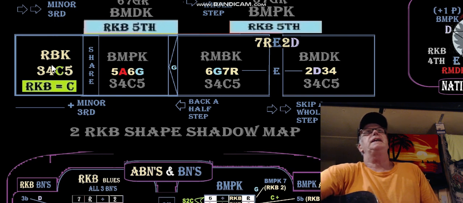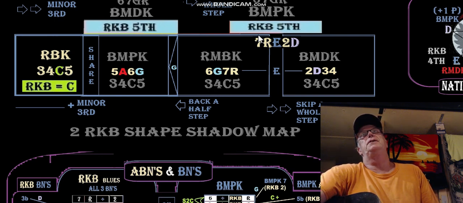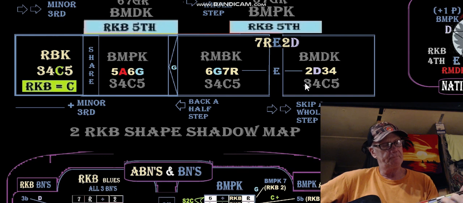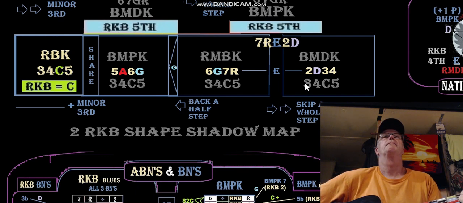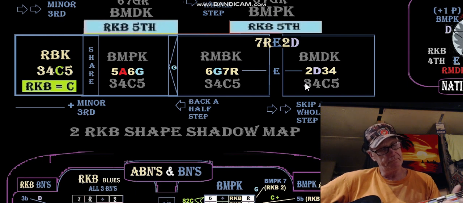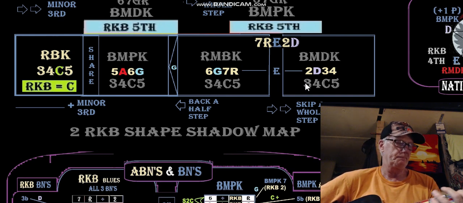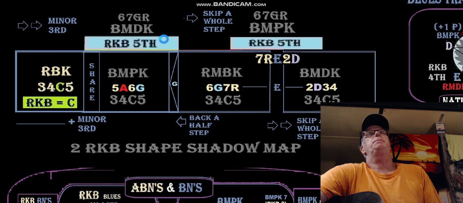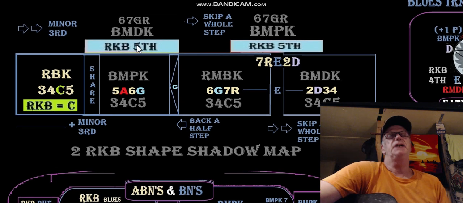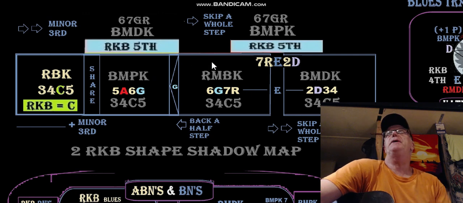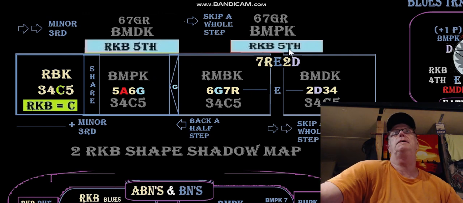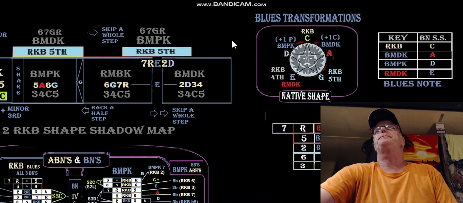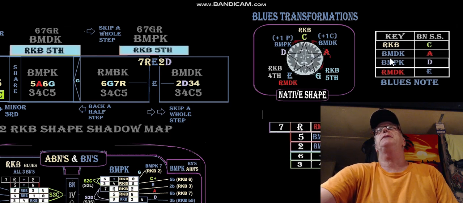And we can do this whole thing in just fifth shapes and root shapes. Now that fifth shape is from the BMDK. It's not from the BMPK, and we also have to look for where those blues notes are. So with the BMDK, with the Blues Master